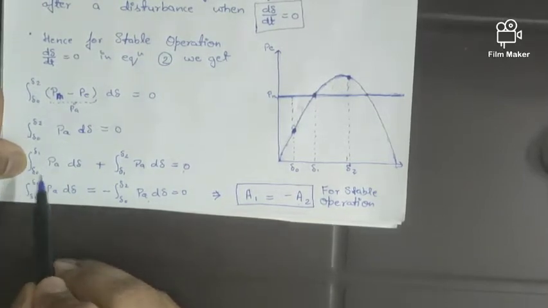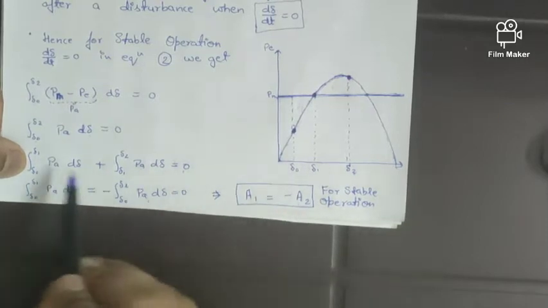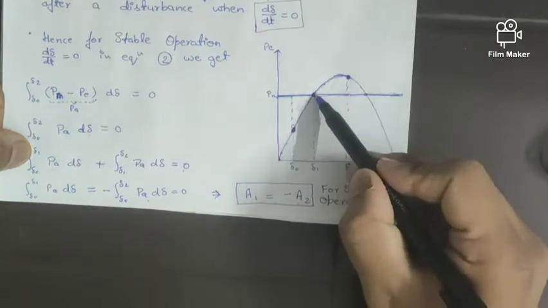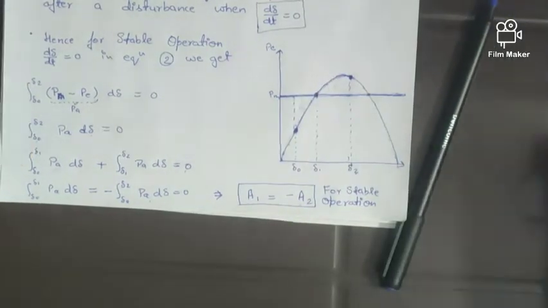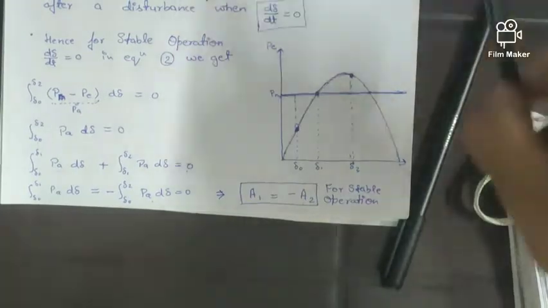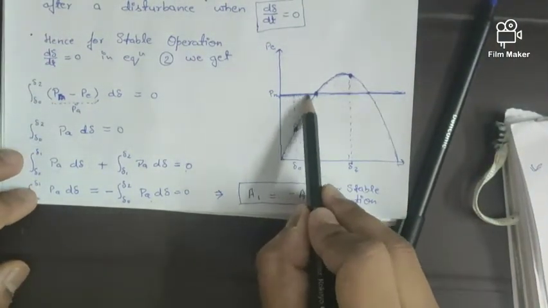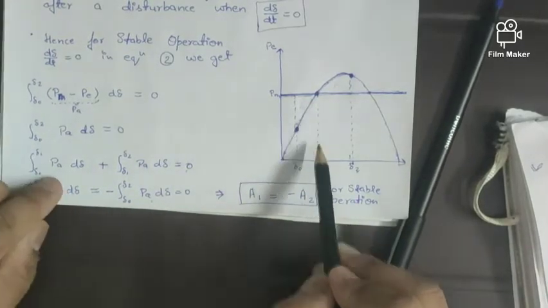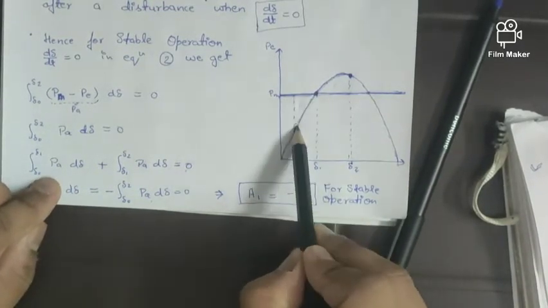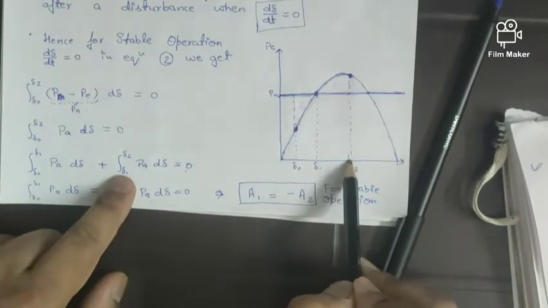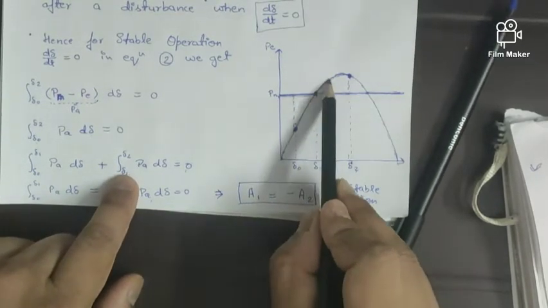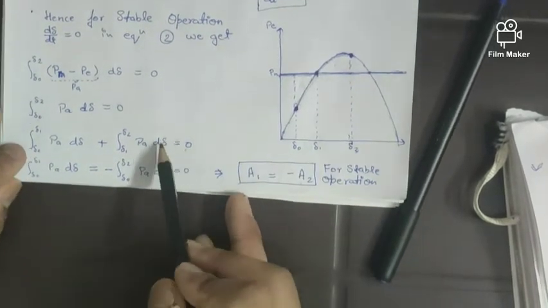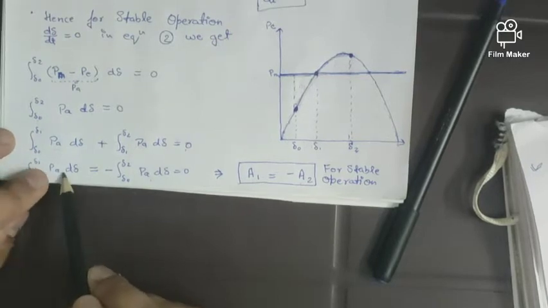So let's see from here, if we are integrating it from delta naught to delta 2, and after dividing it into two parts, we can integrate into two parts, that from delta naught to delta 1 is P mechanical minus P electrical. So this is P mechanical input and this is P electrical output. Okay, so from delta naught to delta 1, Pm is greater than P electrical output. From delta 1 to delta 2, P electrical output is greater than P mechanical input. So we are dividing it into two parts here, from delta naught to delta 1 PA d delta.